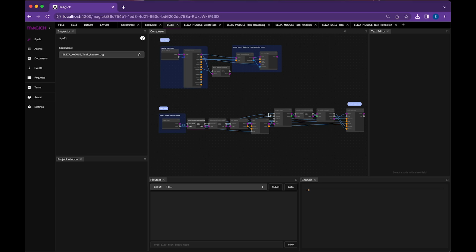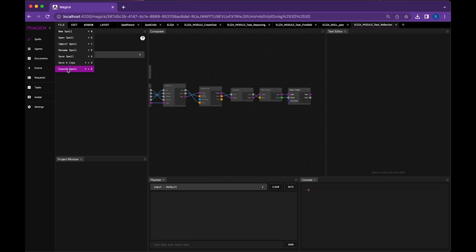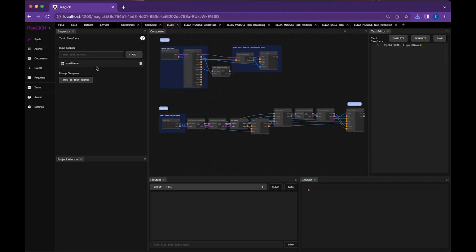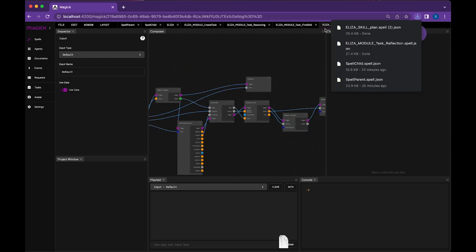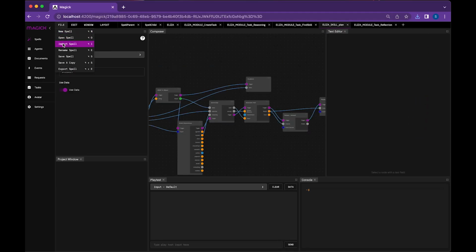And then if I wanted to just send you my reflection subspell, I could just export it, send it to you, and then you could go and import it and just swap out which reference spell is here, and you can upgrade your graph that way, and we can share skills and graphs and all that stuff this way. So the cool thing about skills is, since they don't have to be referenced, if you sent me a skill, like I have this plan skill, and you exported it, awesome. I could just go file import,